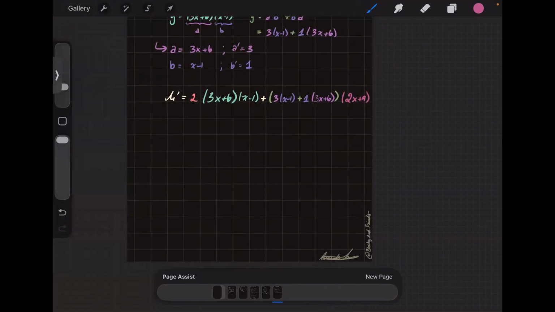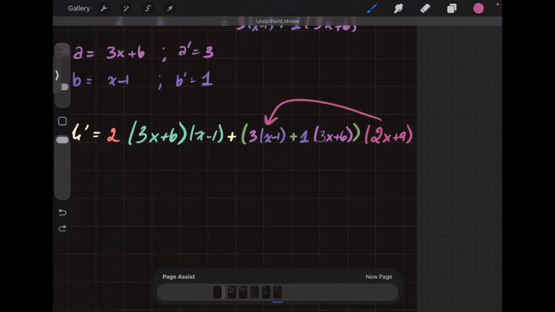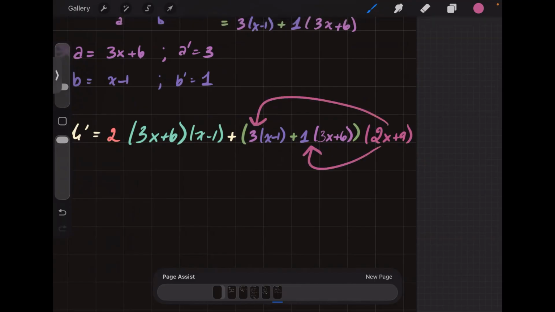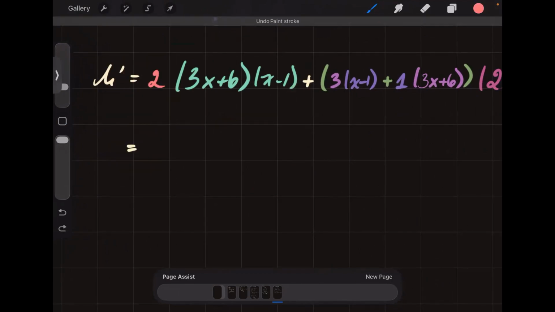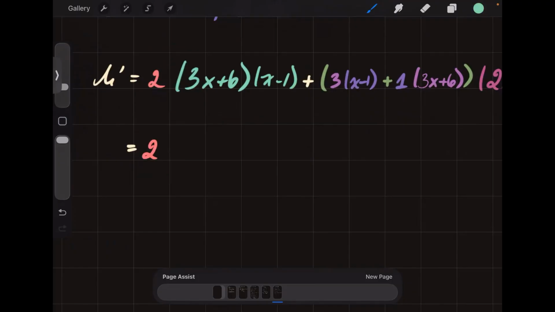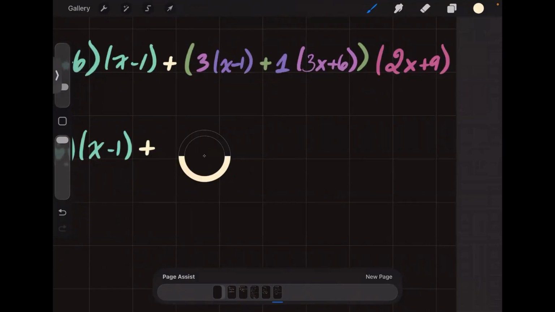You can just leave it like that. But interesting idea. What if you distribute? And I don't mean completely FOIL it out, just distribute this into this term and this into this term. Okay? What you'll get is, nothing changes here, of course. You get 2, 3x plus 6, x minus 1, plus 2x plus 9